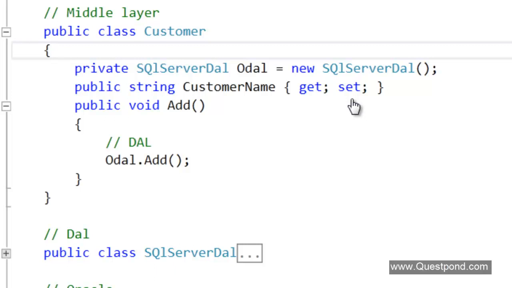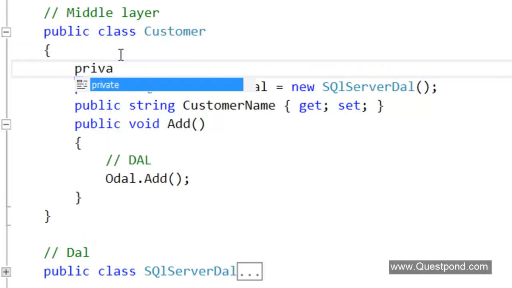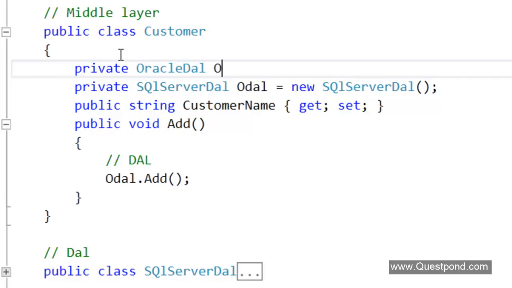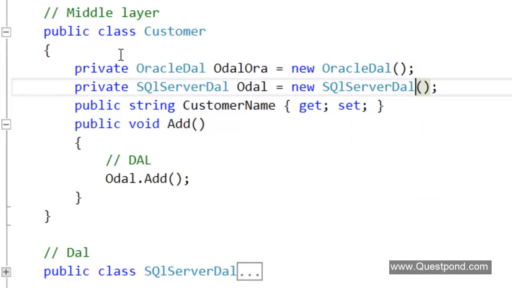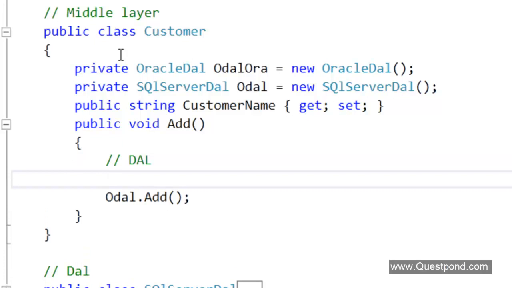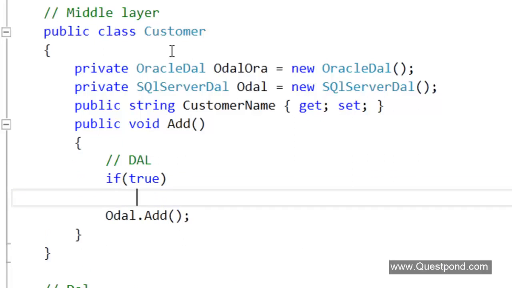But in this case, for example, I added a data access layer here, the Oracle data access layer. So what I have to do now is go and create the object of the Oracle data access layer. So I'll just say here, data access layer Ora. Sorry for the naming convention, Oracle data access layer. And then depending on conditions, he will call. Now these conditions can come from a config file.